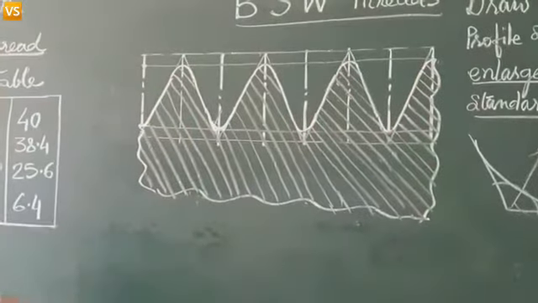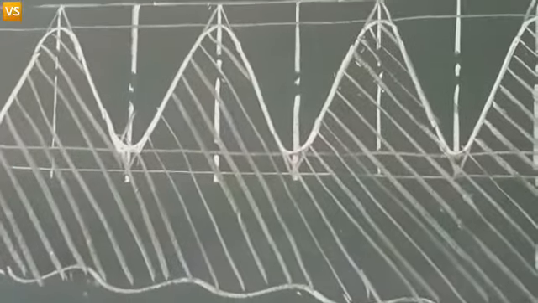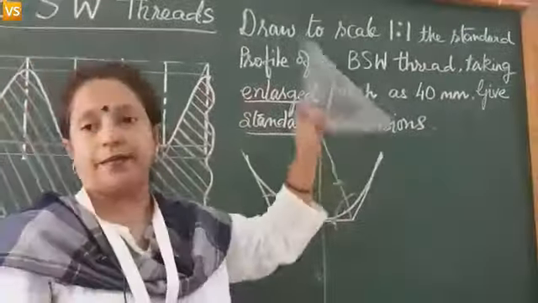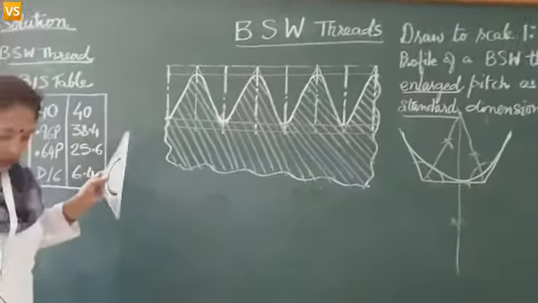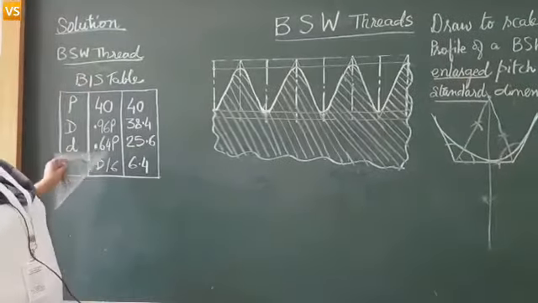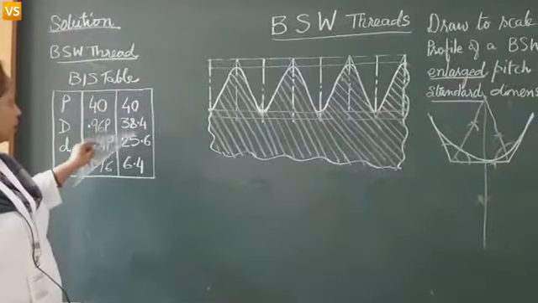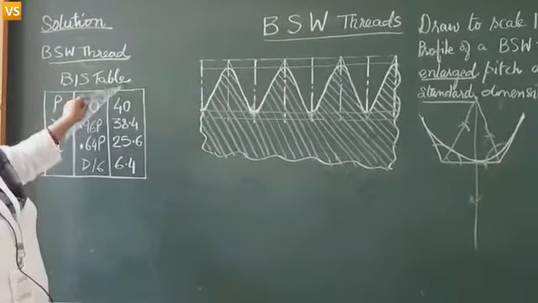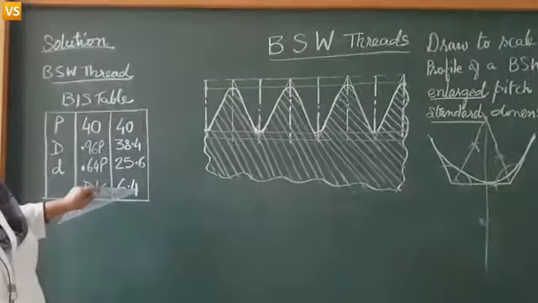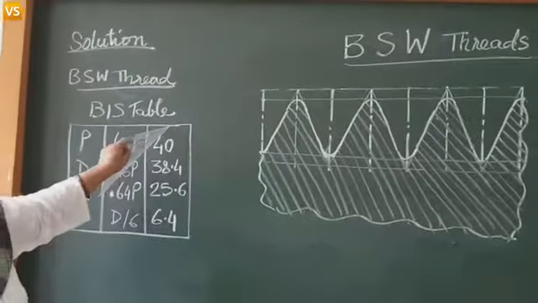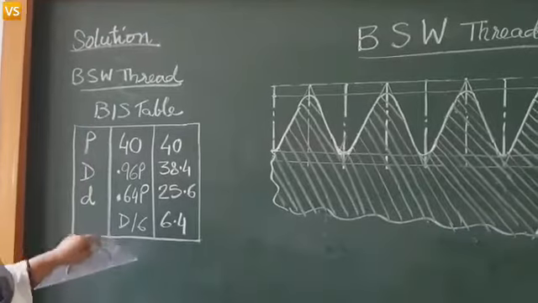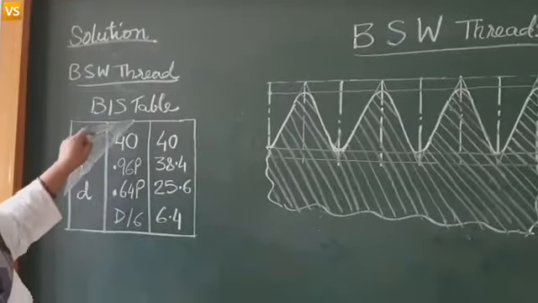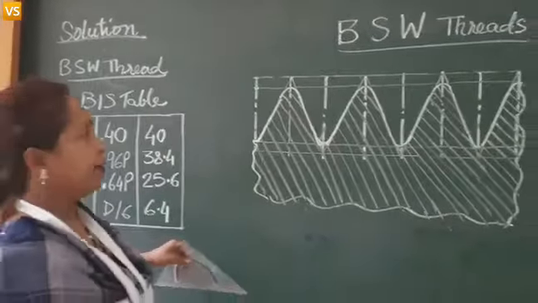So, this is the way we are going to make it, and now we know there is one more important point. Give standard dimensions. When they say give standard dimensions, that means we have to write these dimensions. We are not supposed to write these dimensions. These calculated dimensions are called dimensions. Standard dimensions means these proportions. We have to write these proportions over here. So, I am going to write down the dimensions here.